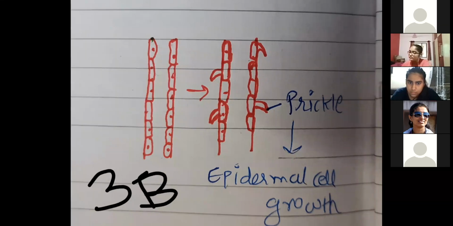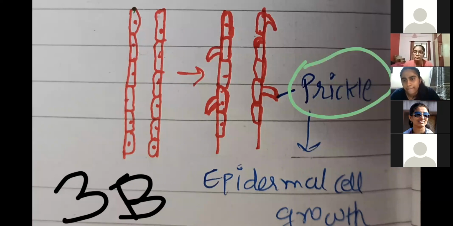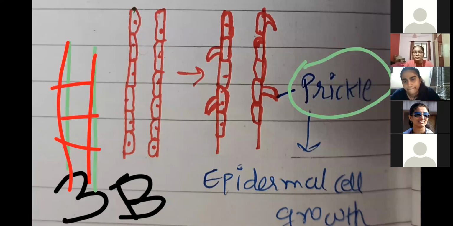Now, what is the difference between them? Leaf and spine, that's thorn and spine, clear? Next, prickles are also present on the stem. What is the difference between prickles and thorns? Suppose again this is the stem on which the thorns are present. These are also pointed structures. But thorns arise from the internal part of the stem.